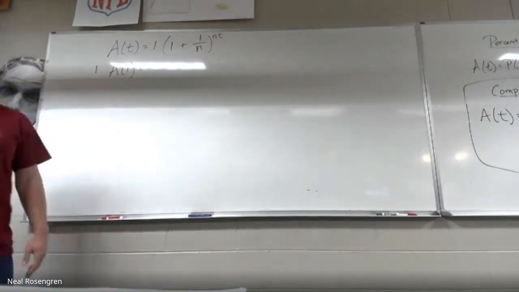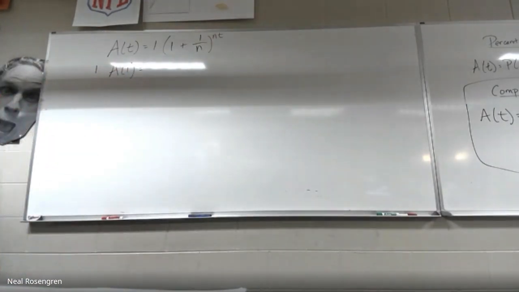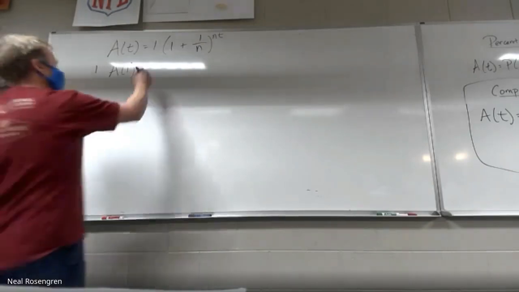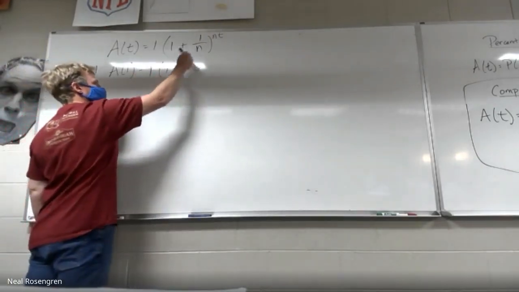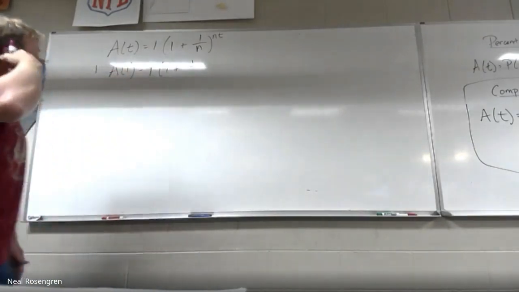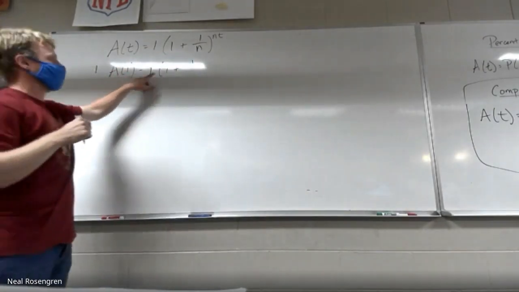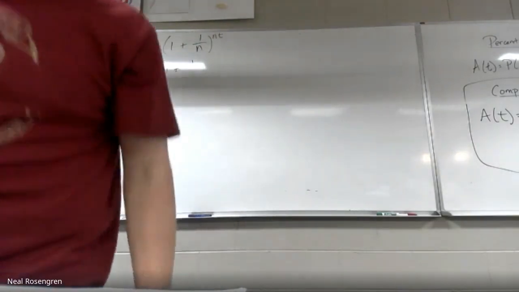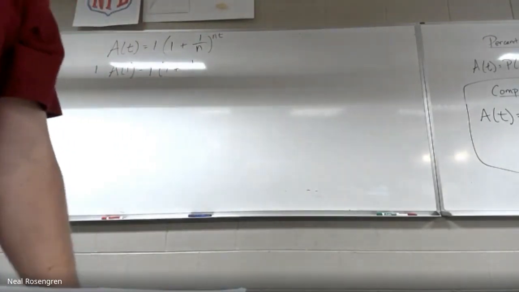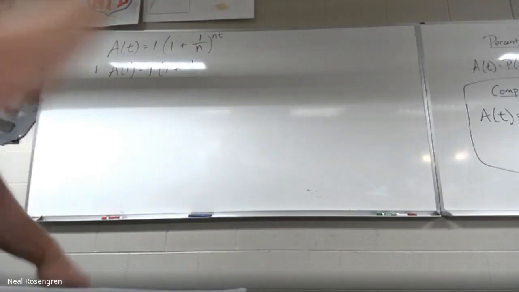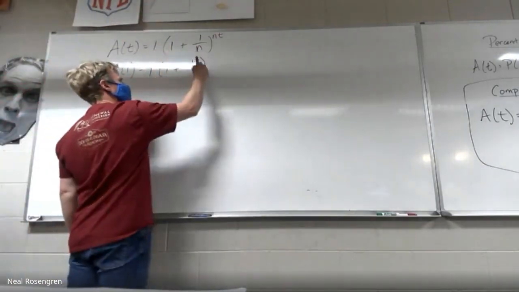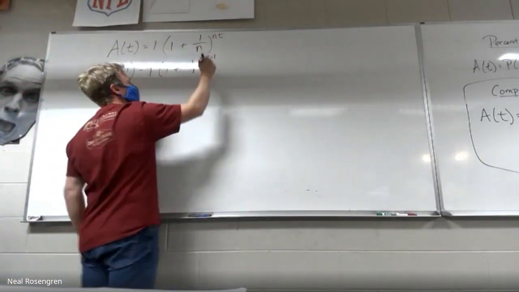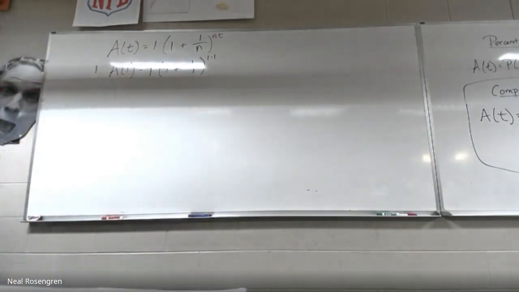Number 2, A of 1. Number 3, A of 1. But I'm going to change n as we go to see what happens. So 1 times 1 plus 1 over. So principal 1, 1 plus, a rate of 100% over, what was number 1? Was it annually? So how many times per year does annually mean? Yeah, 1. 1's all over the place. N is 1, T is 1. It's just 1, 1, 1, 1, 1, 1, 1. Trying to keep it simple.